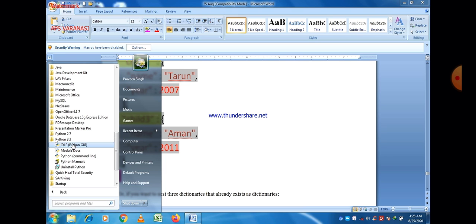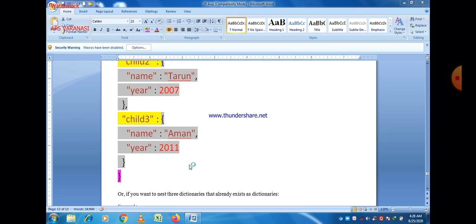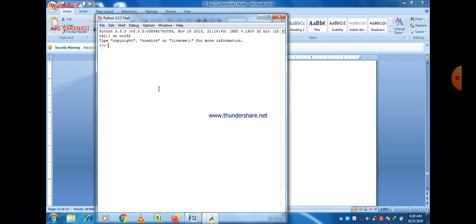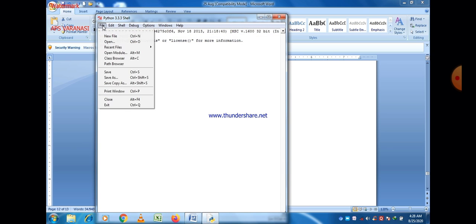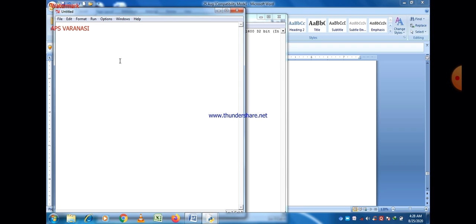Go to Python 3.3, Python IDLE, and then just paste the program here. After that, just give a print statement, because without a print statement you are not able to see the dictionary.